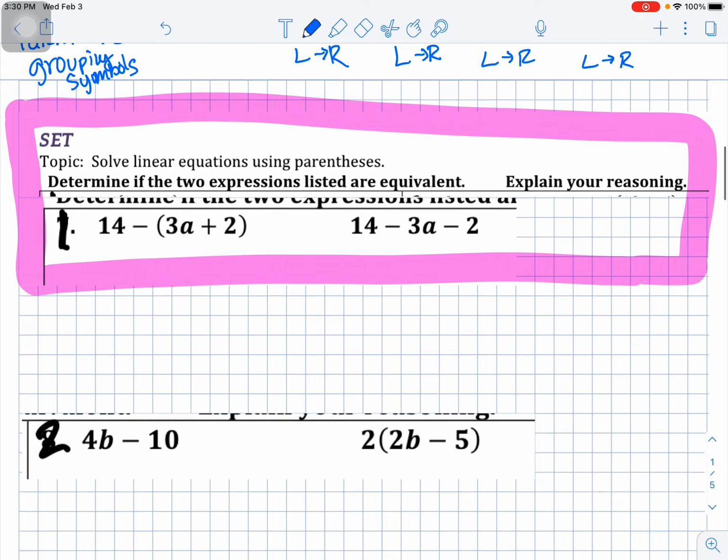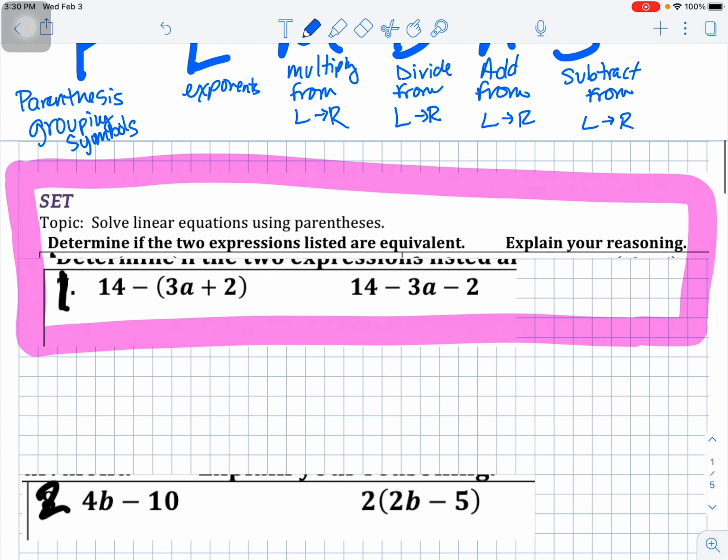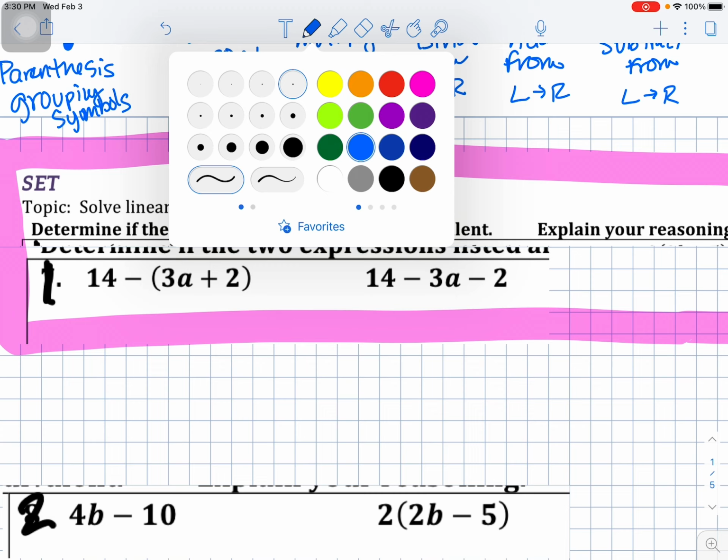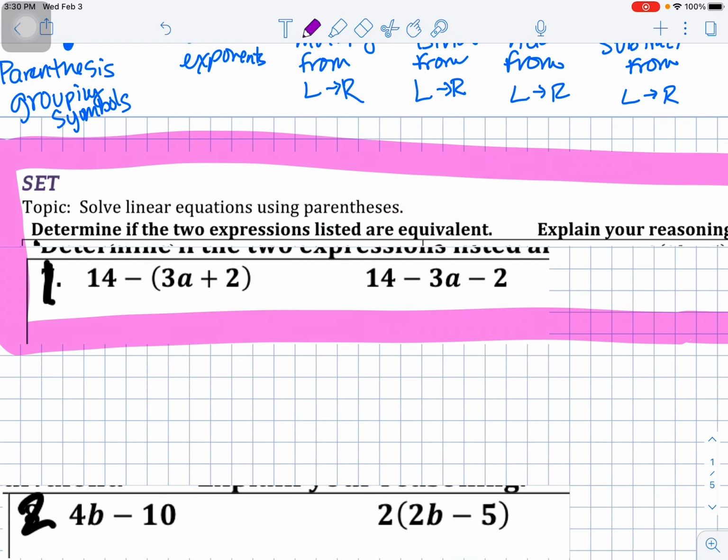So the first part of the set, there are 4 problems, and they're all asking you to do the same thing. They're saying solve this equation and see if they're the same. So basically we're going to simplify both of these equations and decide if they're the same or not. The answer on the formative is a yes or a no question. So the first one is saying 14 minus parentheses